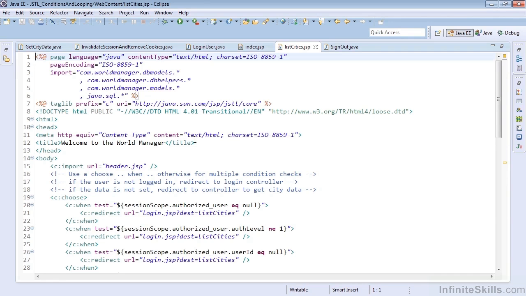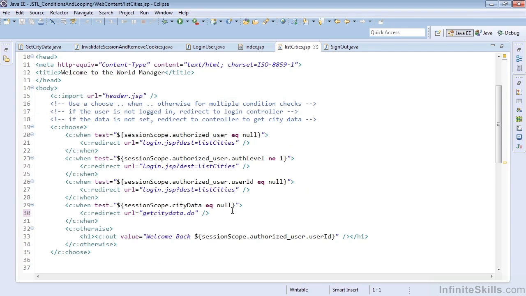If that's the case, we need to make sure that we still have a user ID that's valid. And then finally, we need to check, do we actually have the data in scope? And if we don't, then we need to get that data. And then finally, after that, we can actually go ahead and print out the message and then print out the